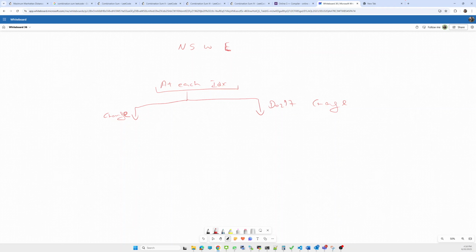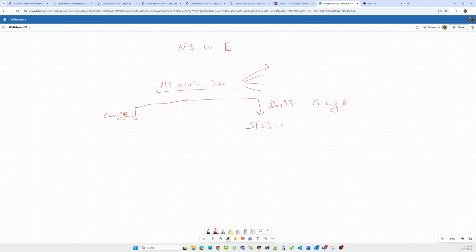So in the not-change case, s of i means at each index we have four possibilities. What are the four possibilities?